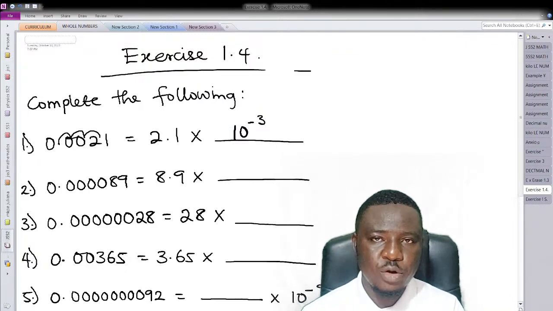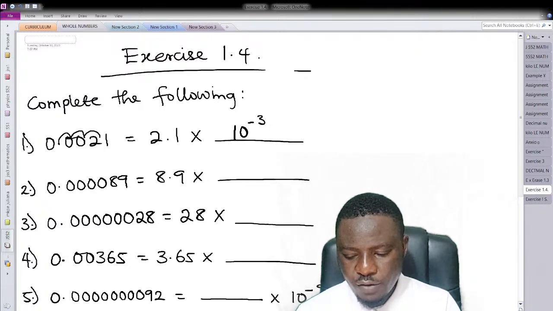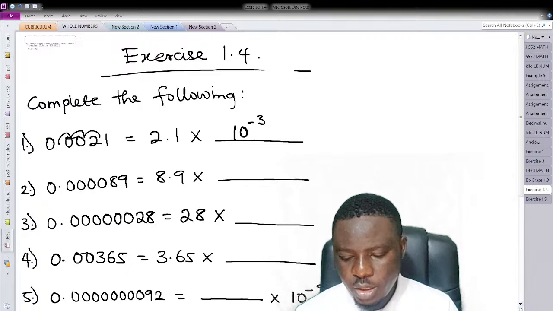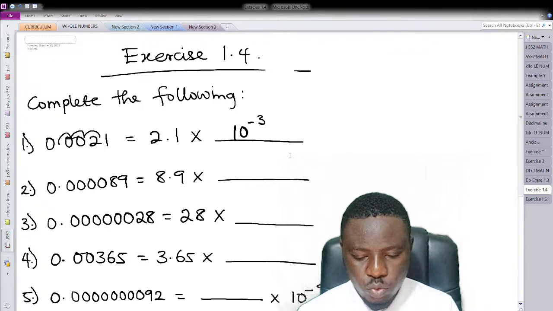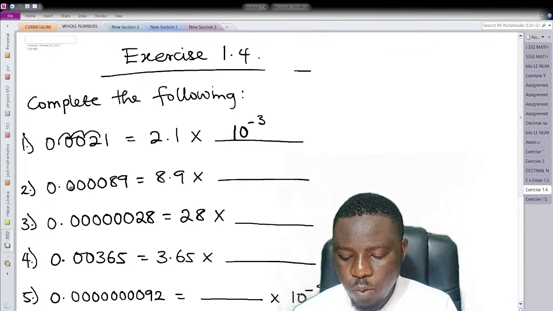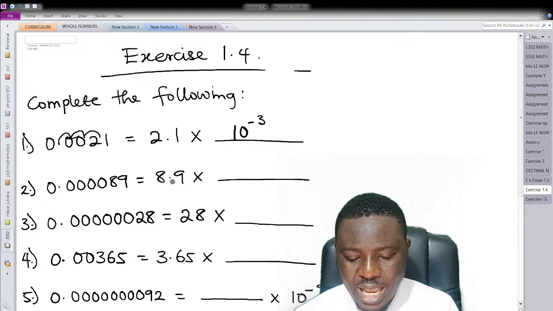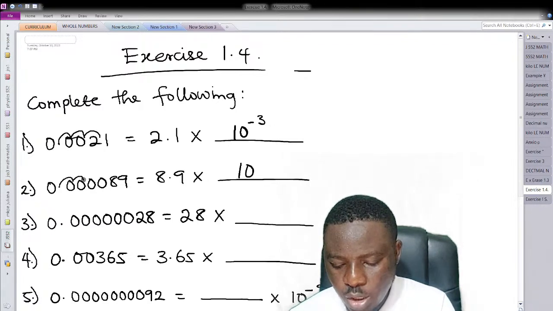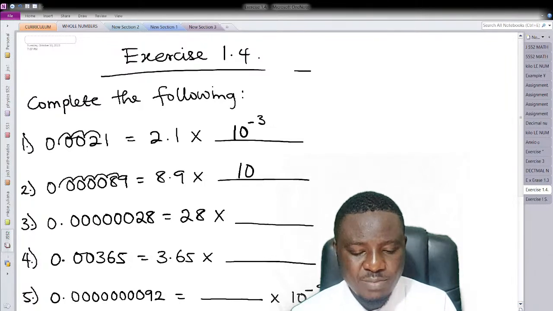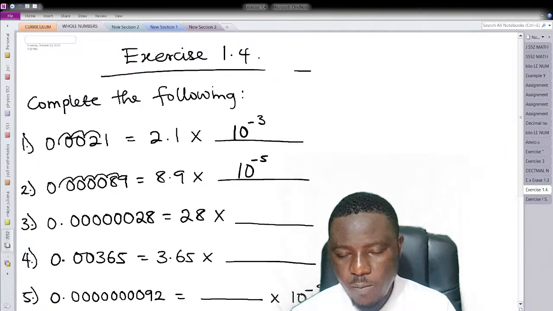For those of you viewing us, you can also follow the steps I took in exercise 1, example 1. For those just joining us, I'm going to solve number 2. Number 2, we have to express 0.000089 in standard form, and this is going to be 8.9 times 10 to power... I'm going to move the decimal point 1, 2, 3, 4, 5. Moving the decimal 5 times to the right gives us a negative 5 power. And remember we said